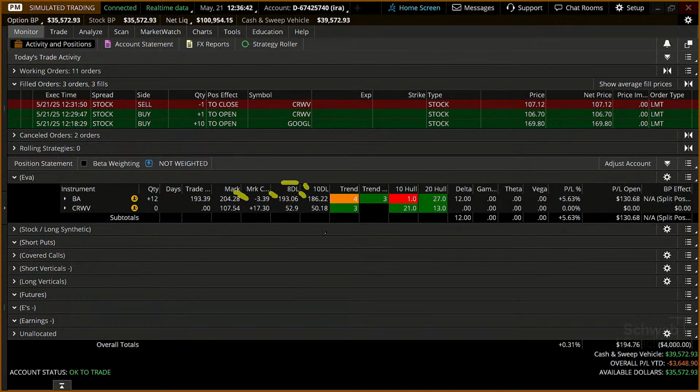So if you use day's lows in terms of setting stops or adjusting stops, we can actually see where those prices are right on the monitor page. Now, another thing that I think is extremely helpful, maybe everyone doesn't feel the same, is what type of trend do we have? Remember, I'm going to share these with you in just a moment, and I'll make sure these links are in the description of this video.